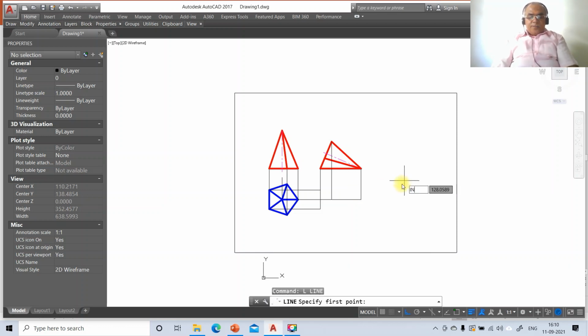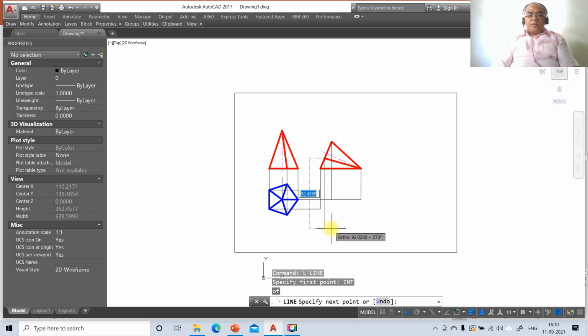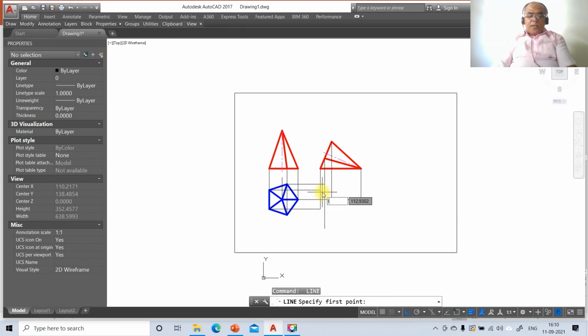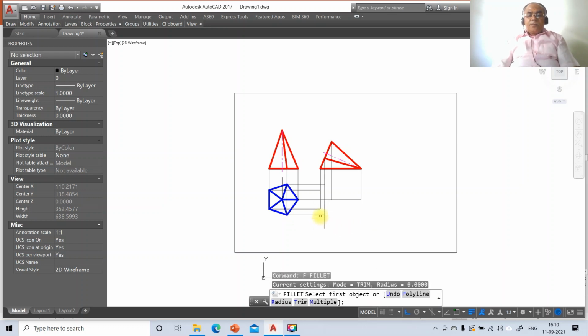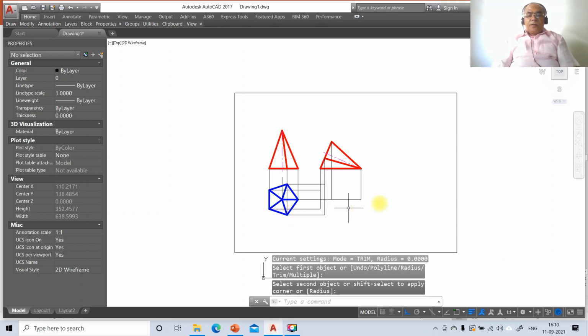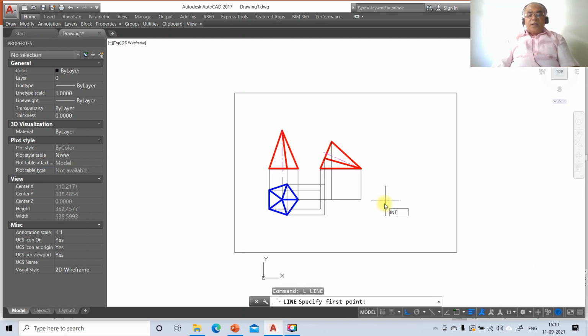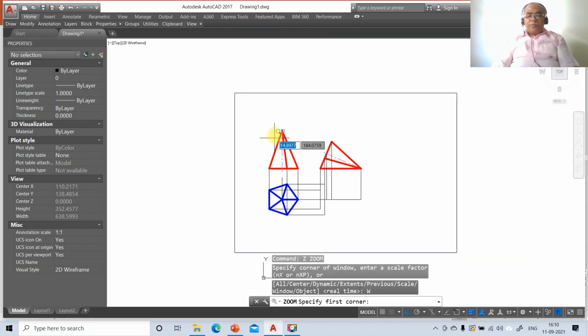Now we go for line, take int of this, then go to line, take int of this and draw perpendicular to this line. Then go to line, take int of this and draw perpendicular to this. Then go to fillet between these two now. Similarly, line, take int of this and draw perpendicular to this line. Now once you do that, then go to zoom window,